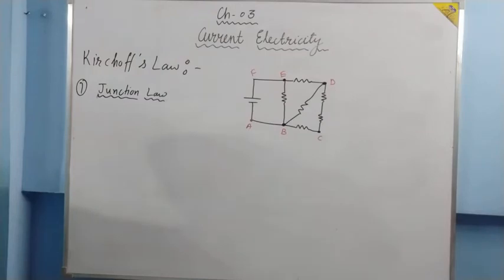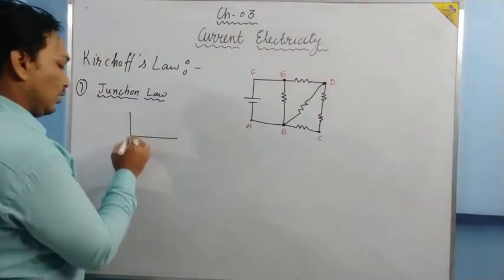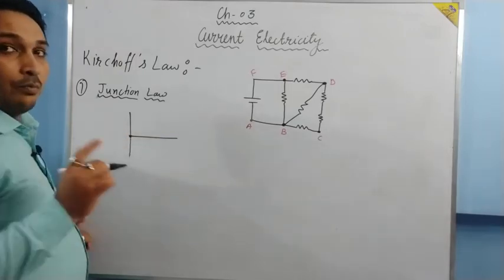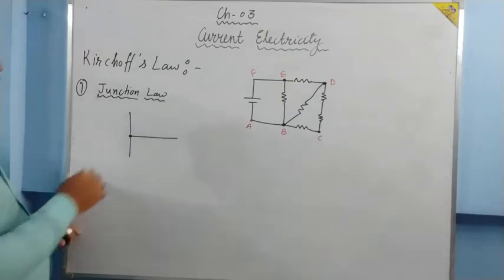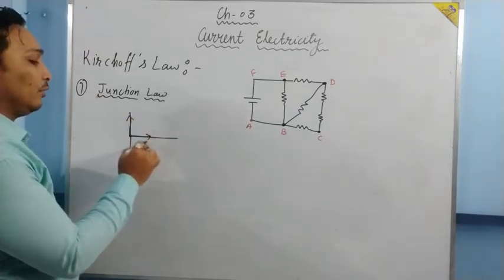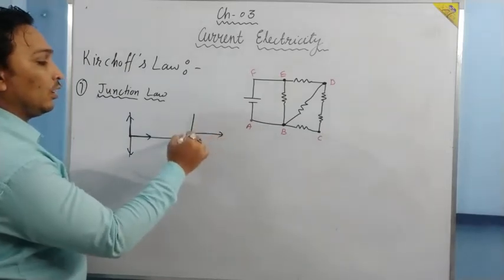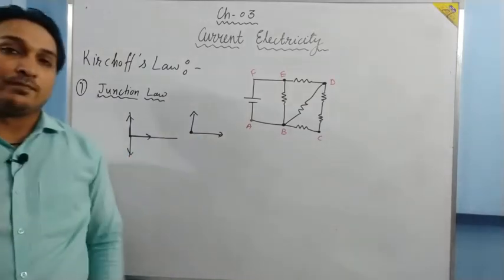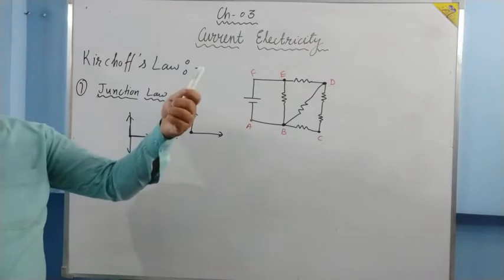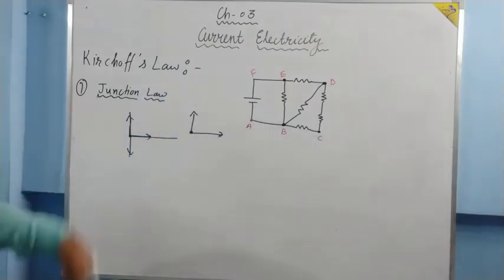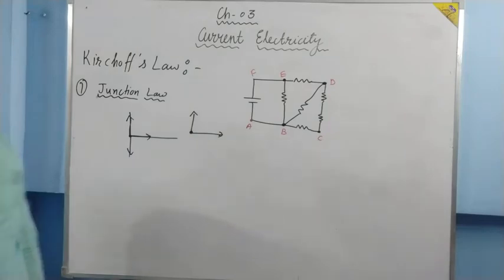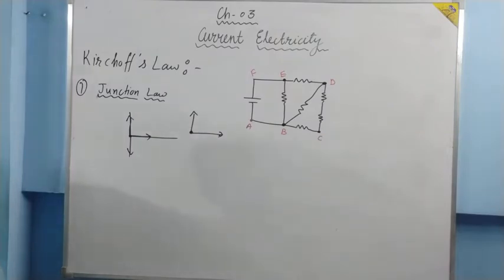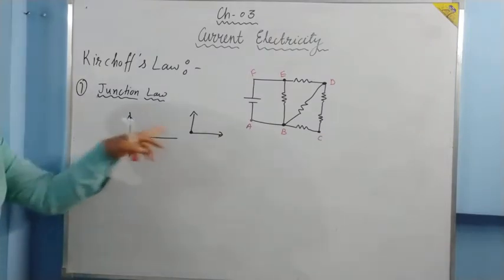Is it clear? If there is a structure like this, minimum 3 wires should be there. From a point, if you want to move along the wire, the minimum number of paths possible should be 3. 1, 2, 3 minimum. If only 2 paths are possible at a point along the wire, then it is not a junction. Minimum 3, maximum can be any number. No problem. So first of all, we need to identify the junction. I hope you are able to identify the junction now.